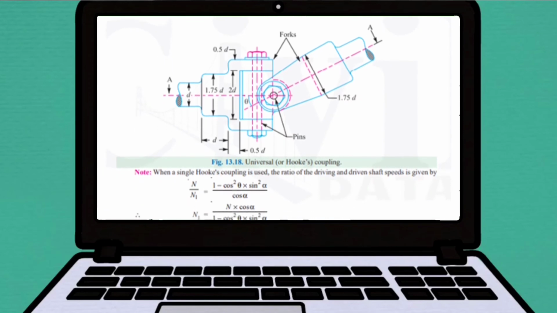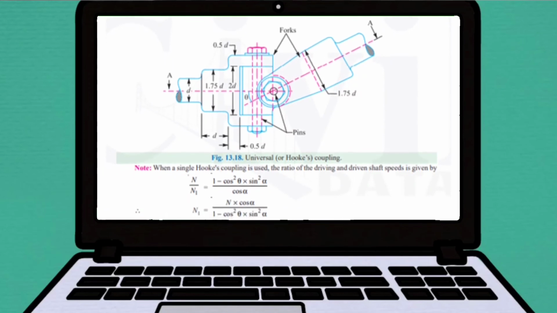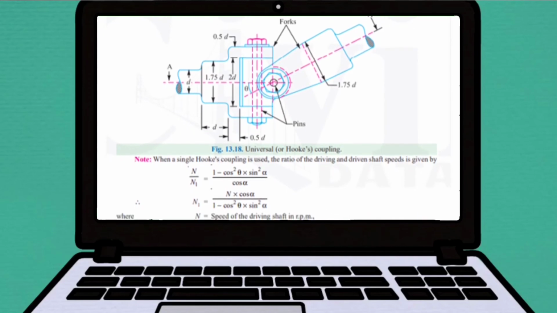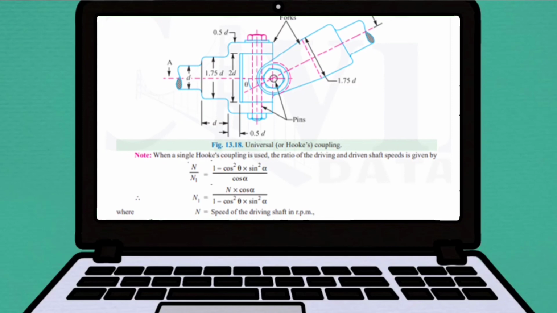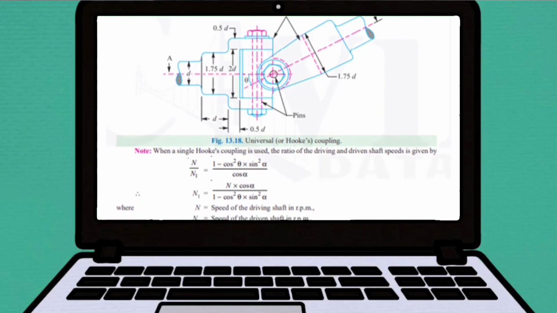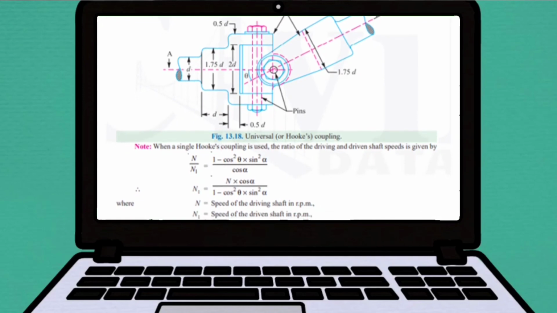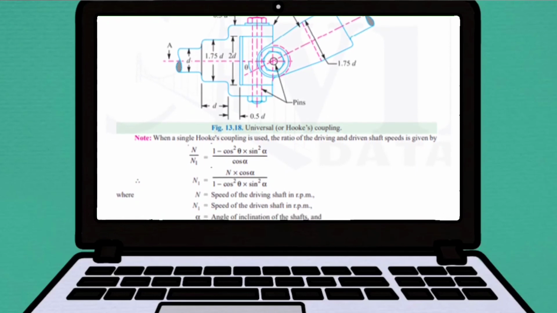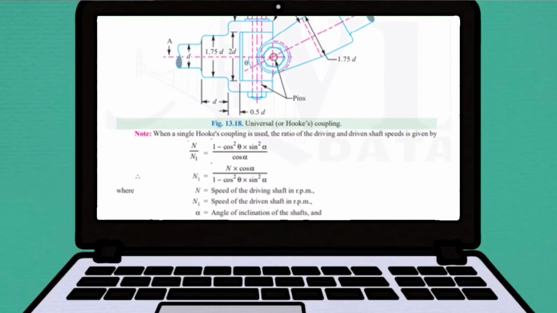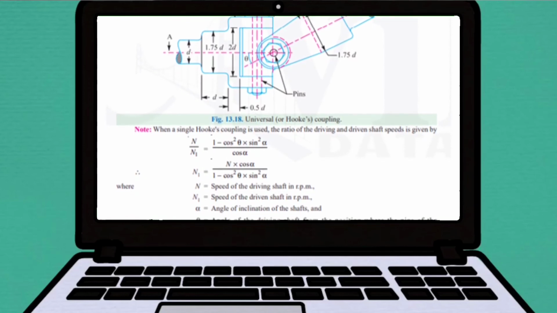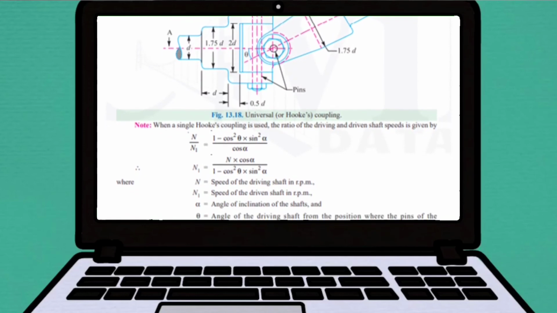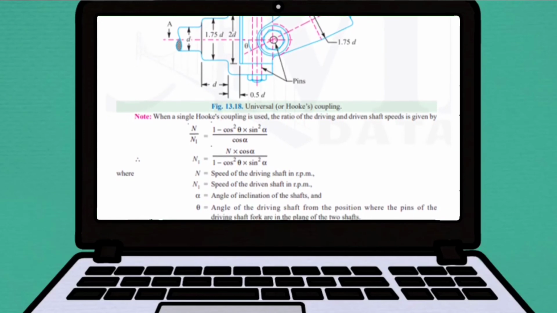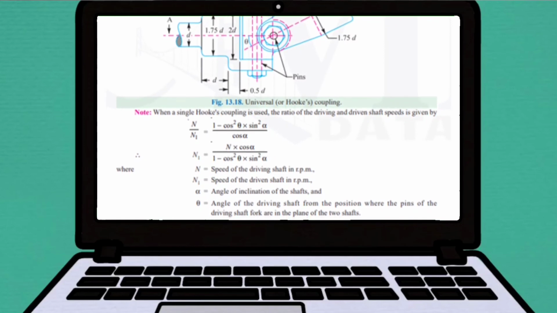We also take note that when a single Hooke's coupling is used, the ratio of the driving and the driven shaft speeds is given by N over N sub 1 equal to (1 minus cosine squared theta times sine squared alpha) over cosine alpha, or in simplified form N sub 1 is equal to N times cosine alpha over 1 minus cosine squared theta times sine squared alpha,